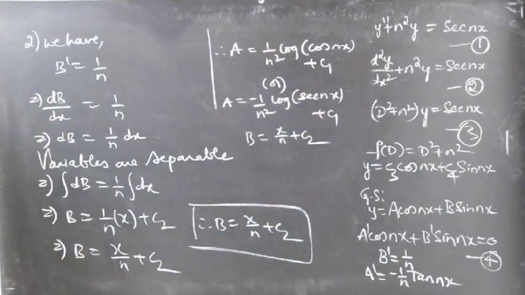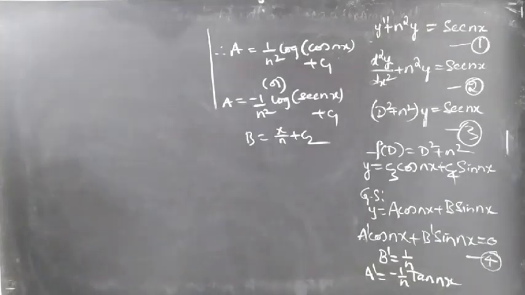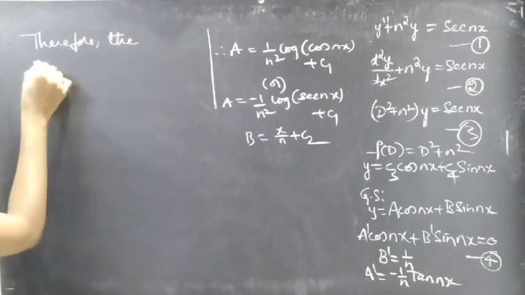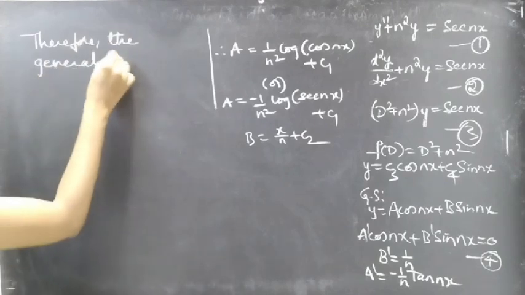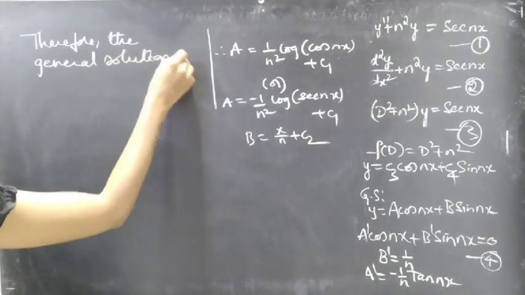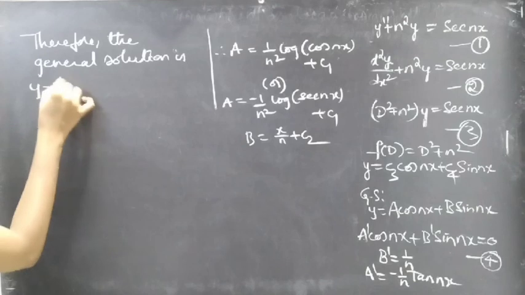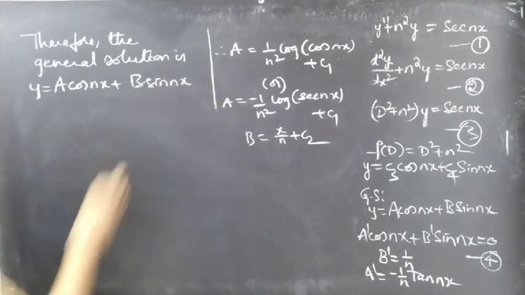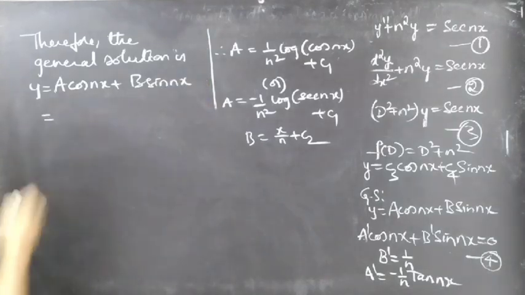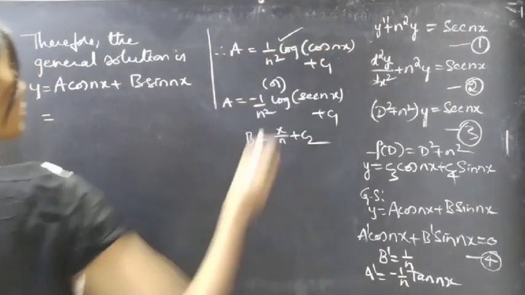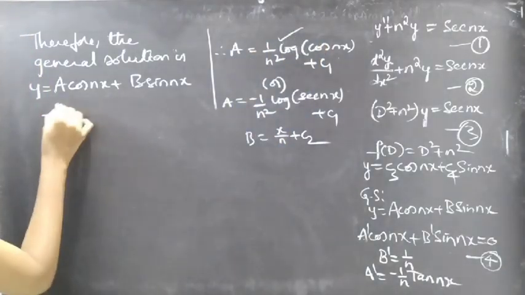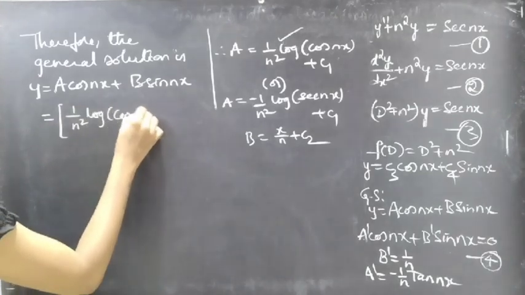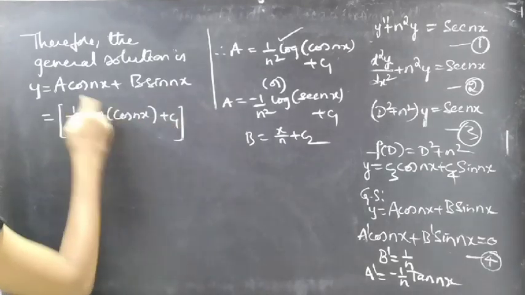Now coming to the general solution. Therefore, the general solution is given by y equal to a cos nx plus b sin nx. Substitute a and b here. I'm going to try for the first one, for the first a I can say. Then I'll get 1 by n square log of cos nx plus c1 into cos nx